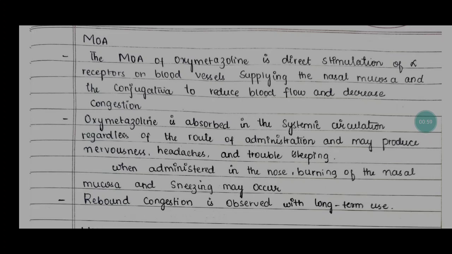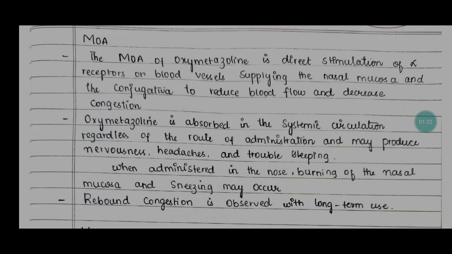The mechanism of action of oxymetazoline is direct stimulation of alpha receptors on the blood vessels supplying the nasal mucosa and the conjunctiva, to reduce the blood flow and decrease the congestion, where oxymetazoline is absorbed